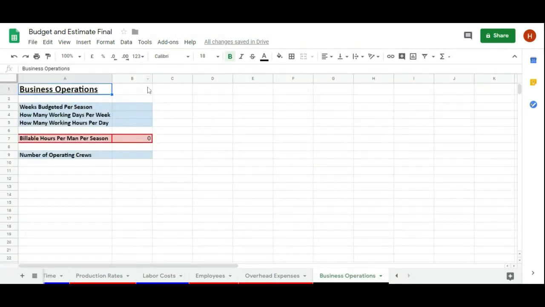numbers and to input the correct numbers for your business, because everything in your spreadsheet is going to be based off of these numbers in creating calculations. Now, to go through these really quickly, we have the weeks budgeted per season, how many working days per week you're budgeting, how many working hours per day. The billable hours per man per season is calculated based on these three numbers,